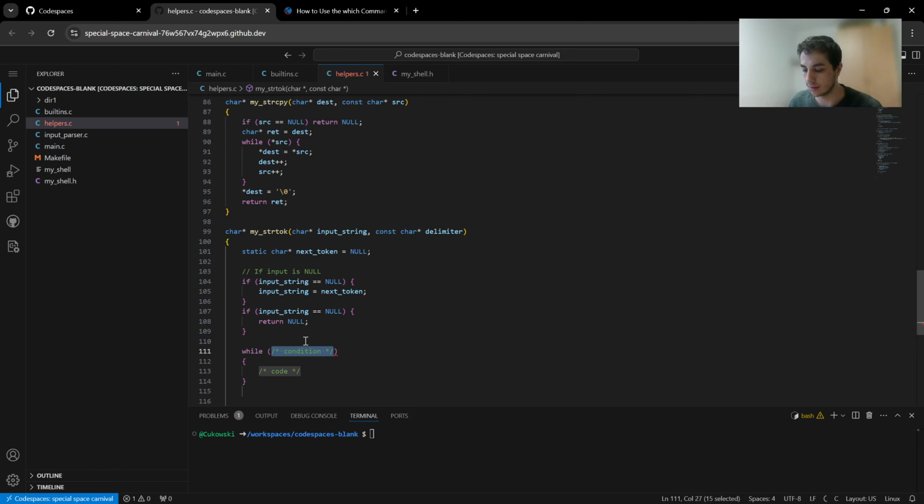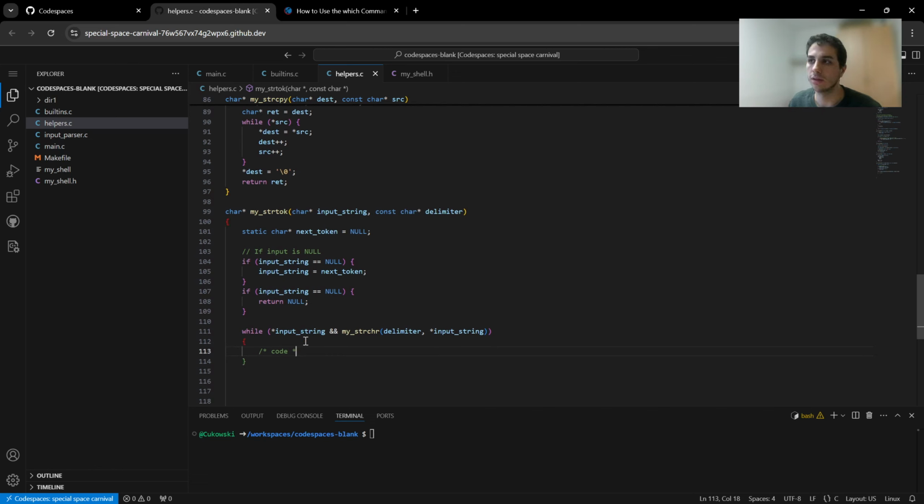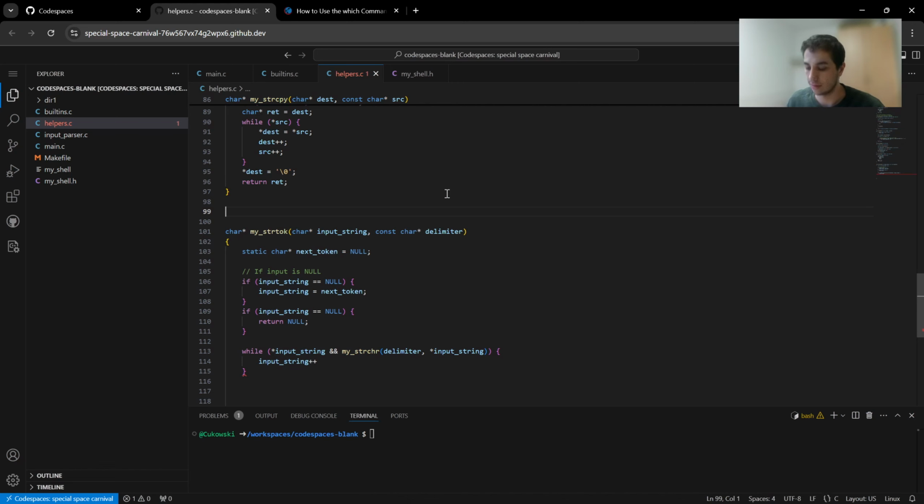So let's say while input string and my_str character, that will check for delimiter, and the input string plus plus. And of course we will need to have our my_str character function. It will return char my_str